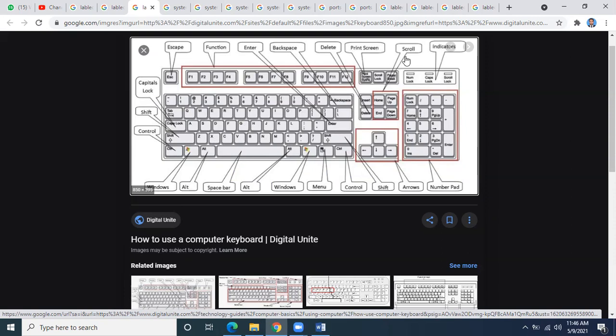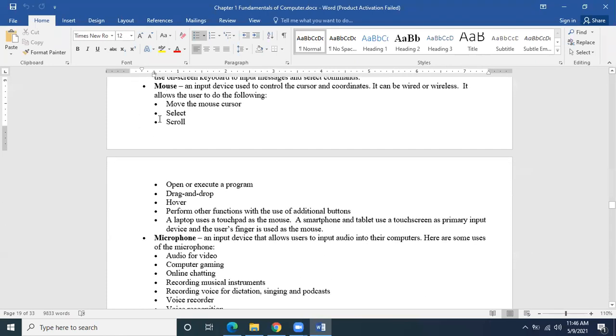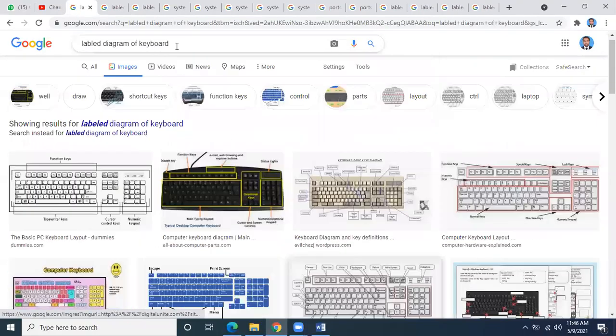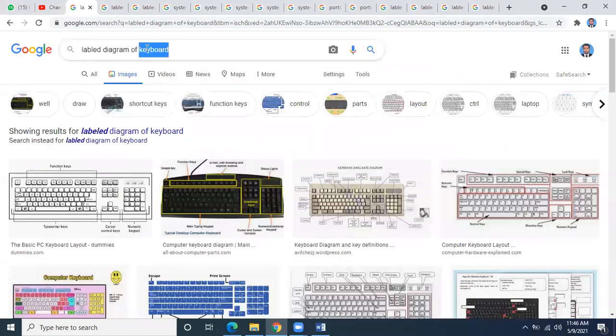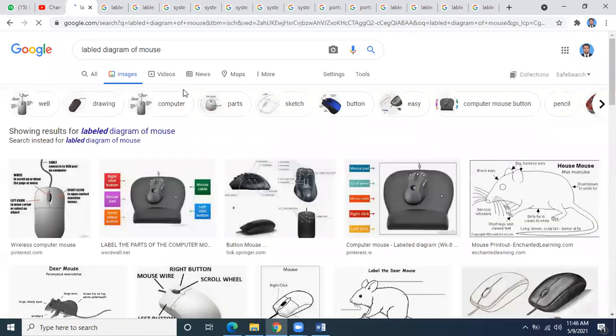There are also some special purpose scrolling keys, delete key, print screen, backspace, enter. These are all the keys available on the normal keyboard. When we talk about the mouse, the mouse is basically a pointing device, and with the mouse we can give commands, and even enter data by selection, just like we do on internet forms. So we can give commands in an easier way when we are using a mouse.